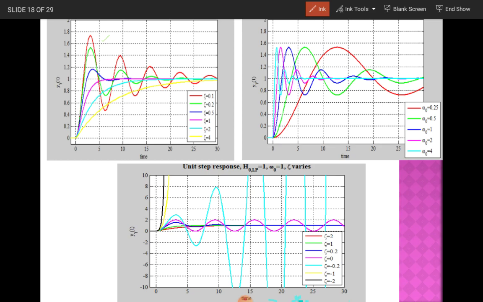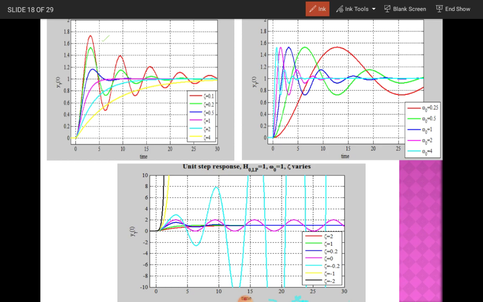So even though it is a second order system, if the damping value is increased beyond 1, which is called an overdamped system, then its response becomes very slow, and it becomes equivalent to a first order system response. So by controlling the damping factor value, you can control the output response, and its speed also can be controlled. Whether the speed of the response can be increased, and you can control the oscillations. Everything can be controlled by controlling the damping factor value.